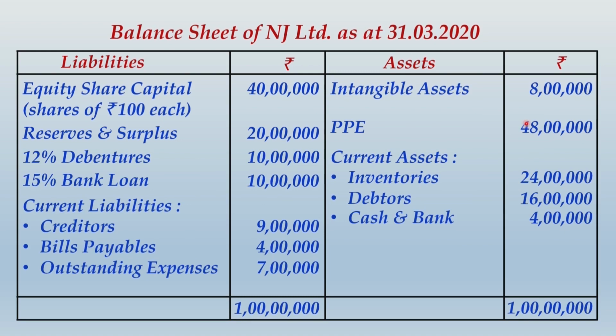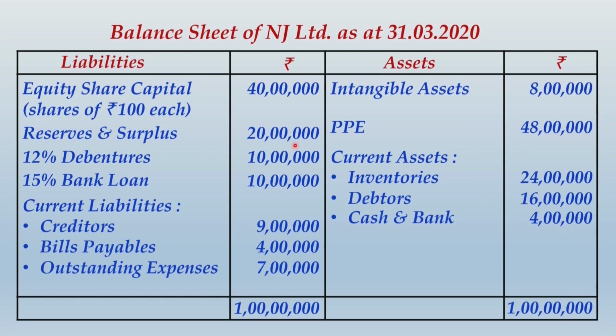Similarly, property, plant and equipment, whatever was the opening balance, from that when you subtract depreciation, you must arrive at closing balance. However, such reconciliation cannot be made with respect to current assets, because current assets will change on a daily basis. And now, same thing, on your liability side and equity side, if you see equity share capital, no change,